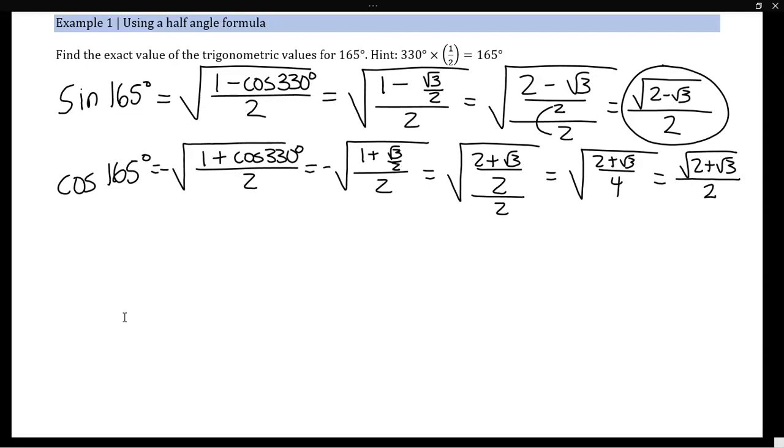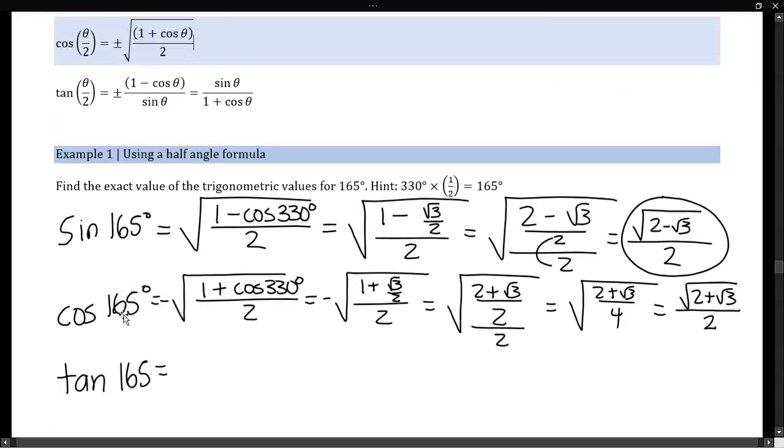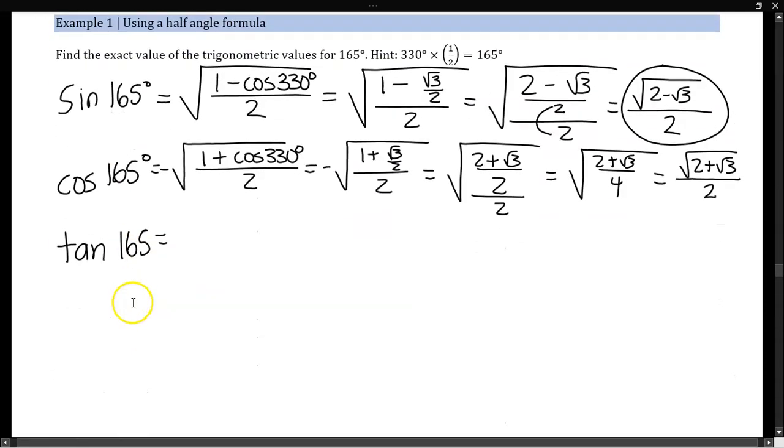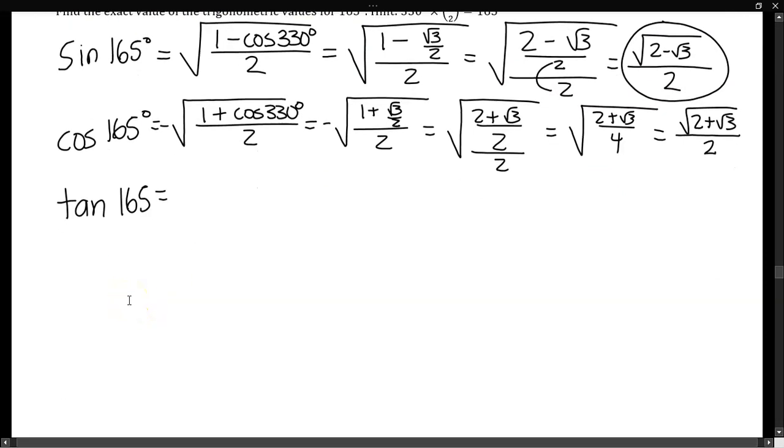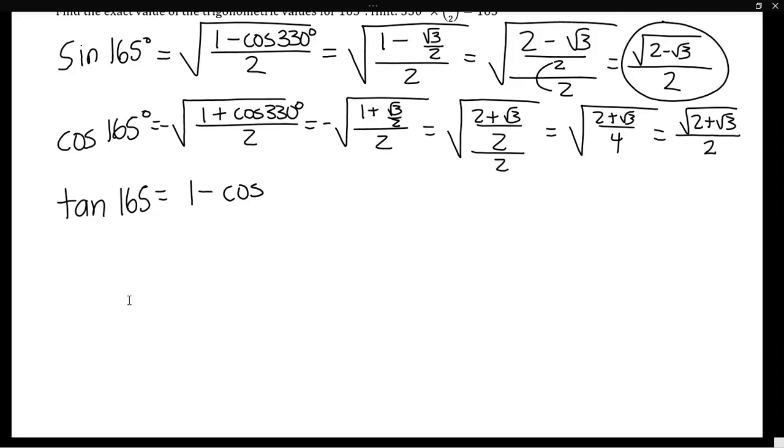And so then for tangent, we have the tangent of 165. I forget these formulas myself. There's so many of them. I'm pretty sure it's 1 minus cosine divided by sine. So we get 1 minus the cosine of 330 degrees divided by the sine of 330 degrees. And that is 1 minus the square root of 3 divided by 2, divided by the sine of 330, which is